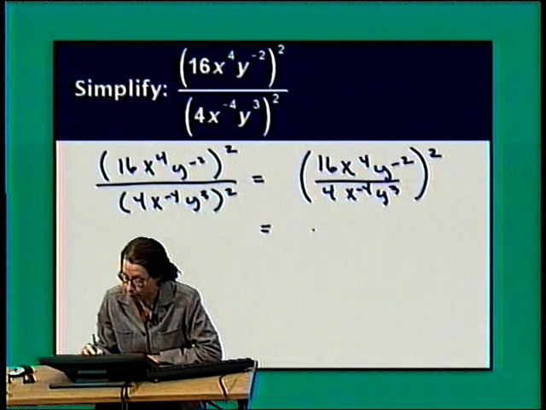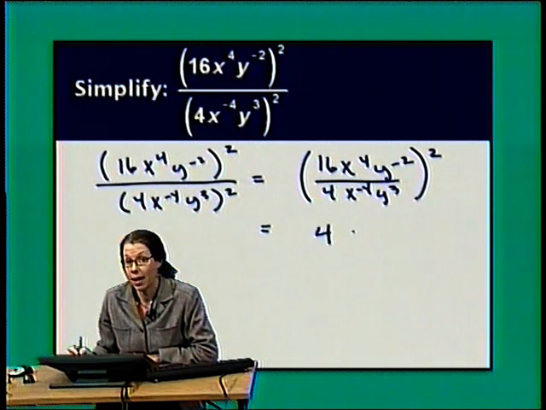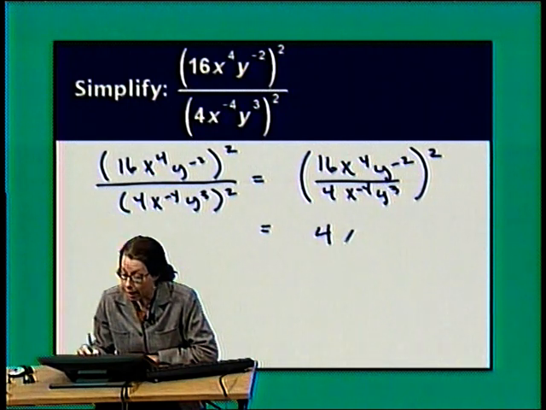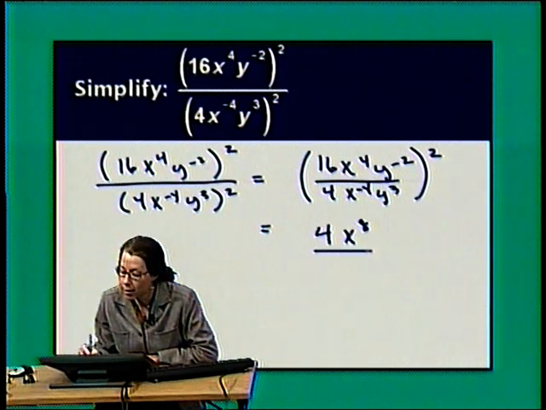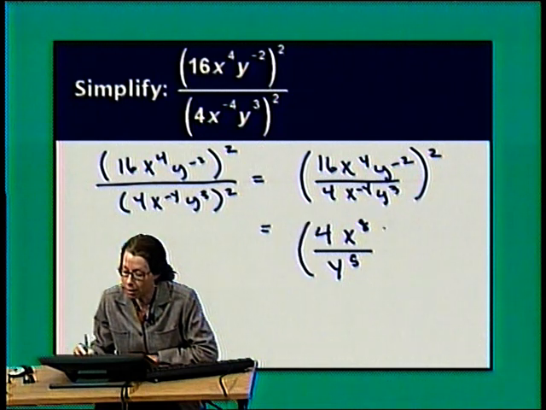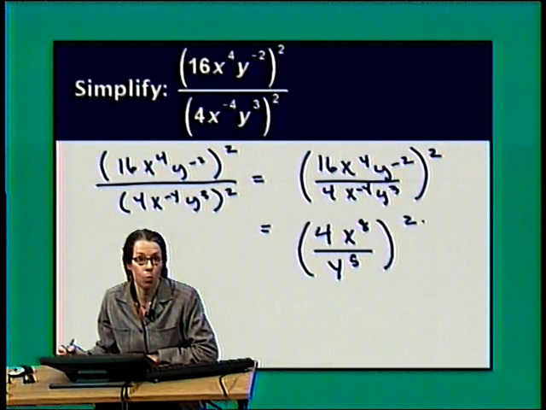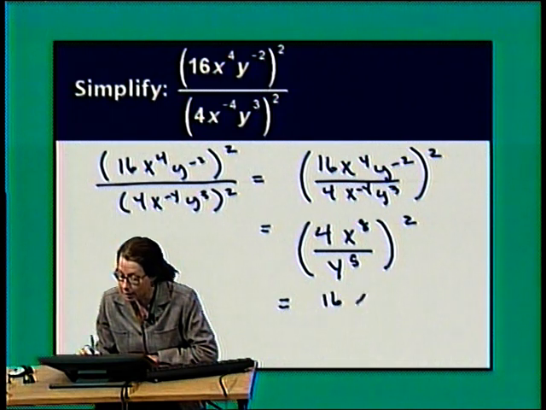16 divided by 4, that's 4. X to the 4th over x to the negative 4, that's x to the 8th. Y to the negative 2 divided by y cubed, that leaves 5 factors of y in the denominator. This is the expression I'm going to square. Squaring the 2 factors in the numerator and the expression in the denominator, I have 16 x to the 16th,